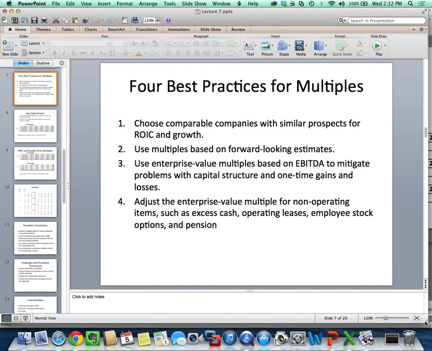Two, use forward earnings, forward estimates when you calculate multiples, not historical data. Three, enterprise value multiples are preferable to PE ratios. Even though the PE ratio is the most commonly used ratio in the world today, and it's the most easy and simple to understand, the price per share divided by the earnings per share, it's actually the most difficult multiple